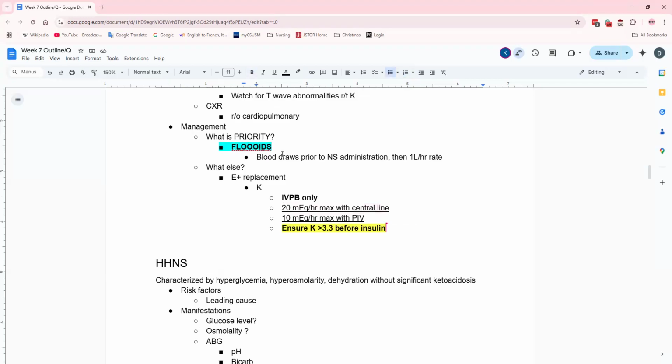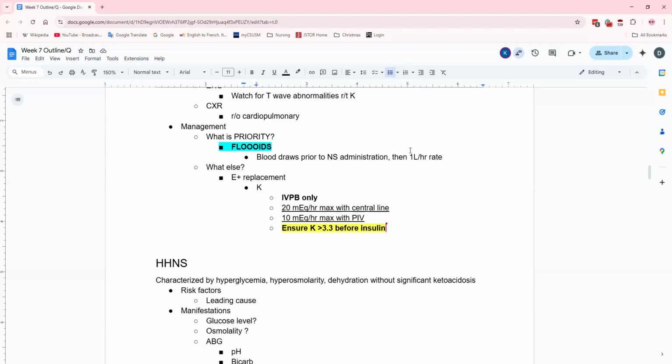Also, sorry, I just wanted to bring up, because we were talking about this, technically in the notes it does say NS, and that's pretty typical. But kind of like when we were talking about burns, LR was preferred there due to the fact that it has some bicarb, which helps with acidosis. So in theory, LR can be useful. Also, if you're giving them a lot of fluids, a lot of NS could lead to hyperchloremic metabolic acidosis. It could make the acidosis worse technically, although obviously your priority is ABCs in this situation, but this is something to keep in mind. Probably just follow your protocol, but in theory, LR is technically better.